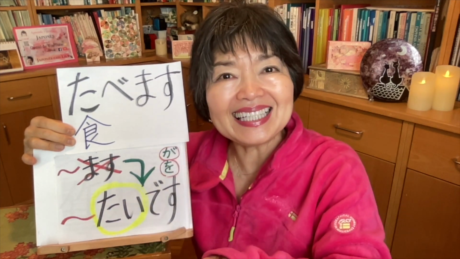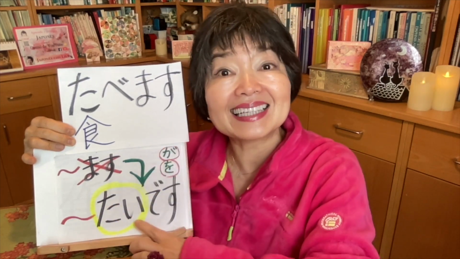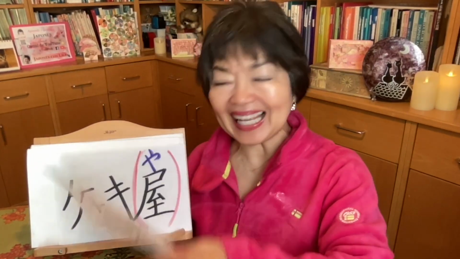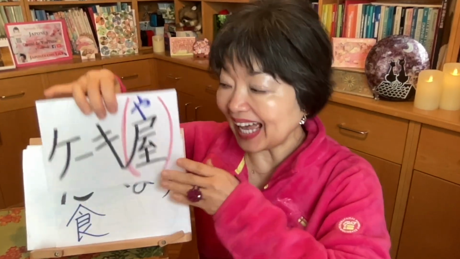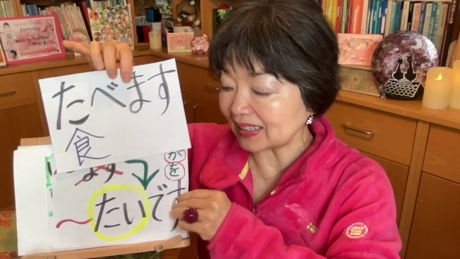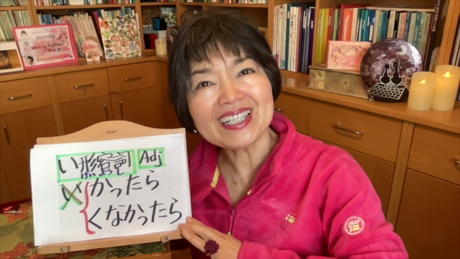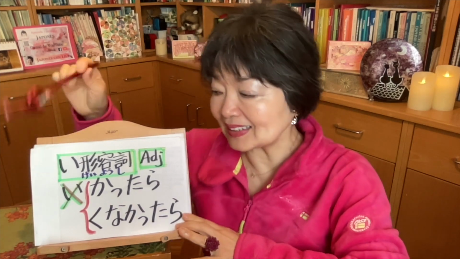So, if you wanna eat, you must put in the past tense. So, 食べたかったら、美味しくて健康なケーキが食べたかったら、私が作りますよ。